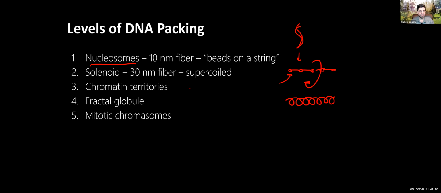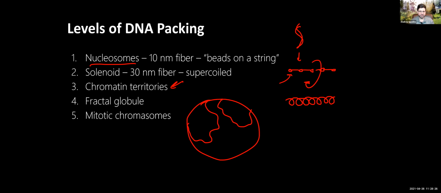And if we just keep going and supercoiling the supercoils, we get what are called chromatin territories, which are like continents. You can also say chromosome territories. If this is a nucleus, you'll have some region of the nucleus where each individual chromosome occupies a defined space, like continents on the Earth, except in 3D. It penetrates down into the nucleus too. It's not just on the surface. And we call that overall structure the fractal globule.